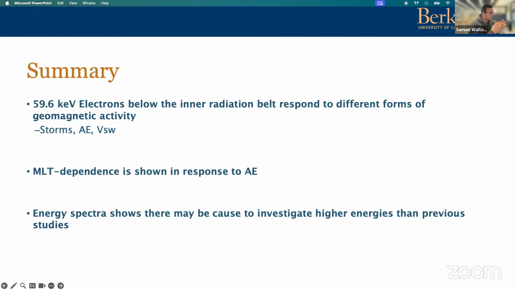So we mentioned that solar wind speed was also relevant. Actually it might tie into the previous bit, but we looked at all those parameters we showed before, right at the start somewhere. I'll not get the slide up, but we looked at solar wind speed, dynamic pressure, all those kind of things. And then in L versus MLT in the energy spectrum, we looked at solar wind speed and SYM-H as well, and they all showed kind of similar things. So that's why I only showed AE, because it gave us the clearest plots, but all showed similar relationships.